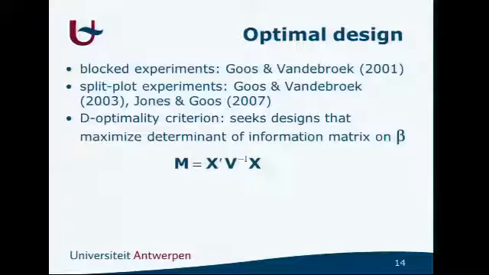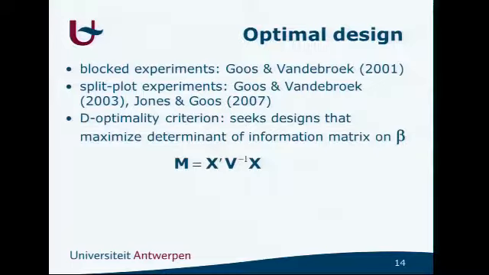And here are the exact references of the work I did at the time for blocked experiments and for split plot experiments. The approach I took was I tried to find the optimal blocked experiments and the optimal split plot experiments, and that meant that I was seeking designs that maximize the determinant of the information matrix on the betas,